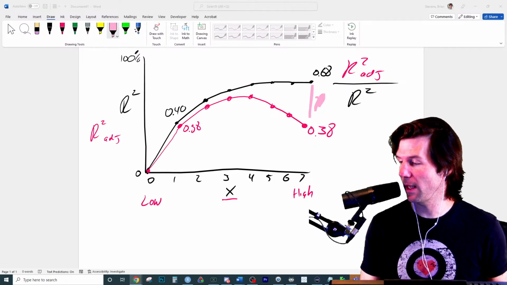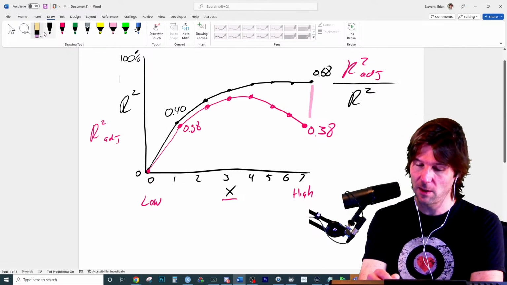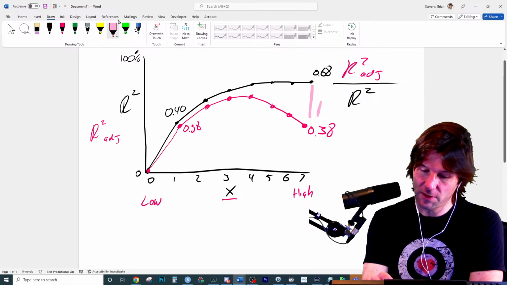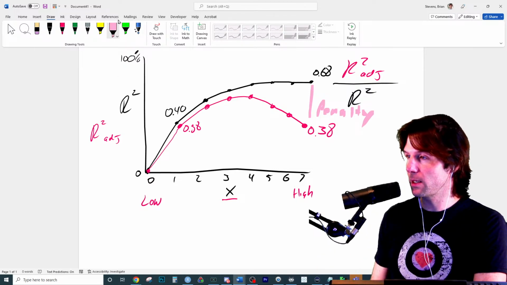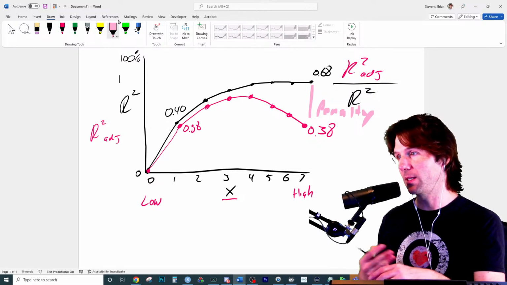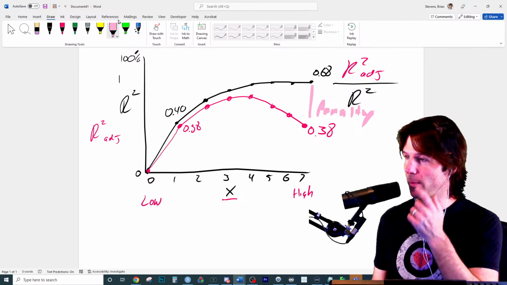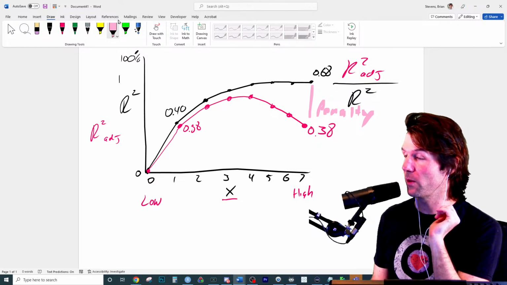That is the penalty. That gap right there is how much, because r squared adjusted is just your original r squared minus the penalty. So that is the penalty. Great job on the conceptual nature of that. And a lot of times with lower x's, there's a small penalty. There's some other things that come into play, like sample size and how close you are to the top r squared. But the more x's you add, the more penalty there is.